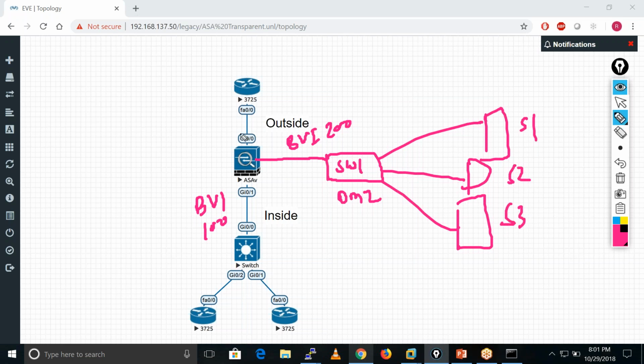So this BVI is one transparent firewall, and this BVI is another transparent firewall. We are dividing our transparent firewall into multiple BVI interfaces, so it becomes two logical units, and we can configure everything in these two logical units.